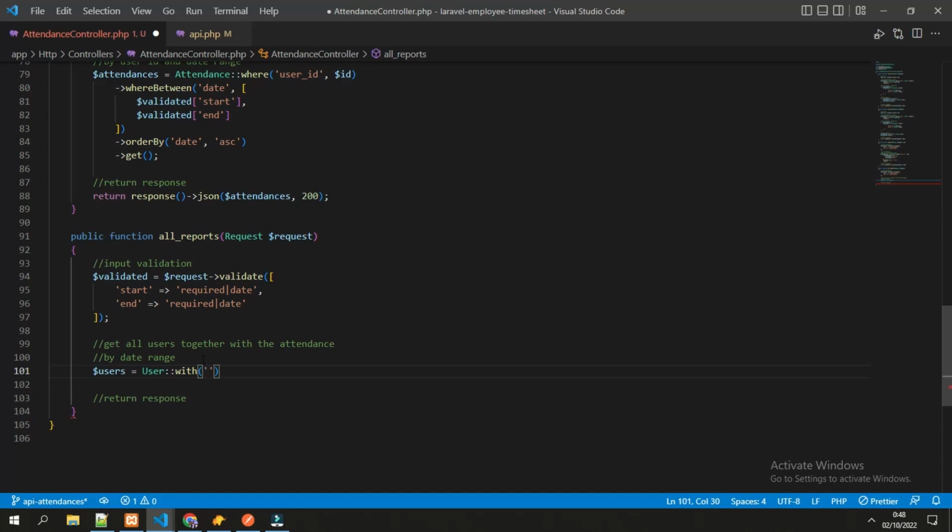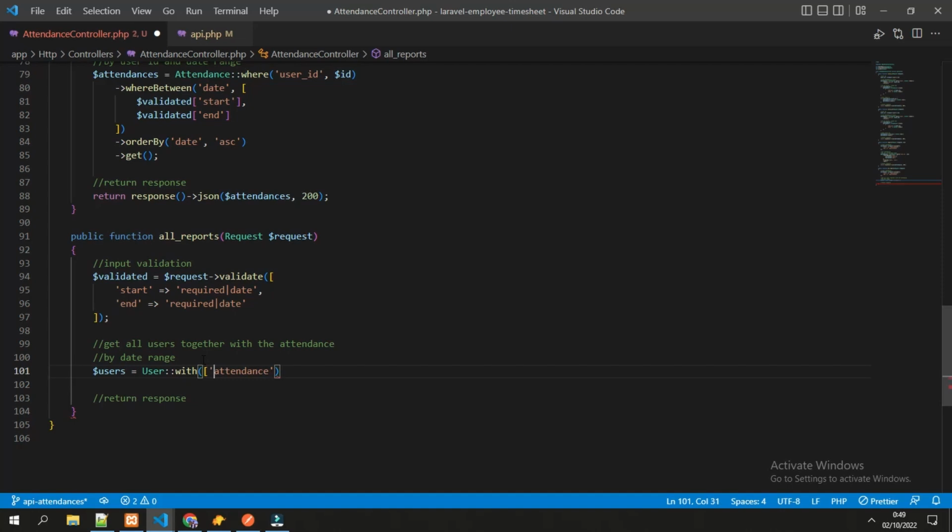We can simply write the relationship name, for example attendance, and it will load the user with each attendance. But because the attendance would also have a query or filter of the date range, now we input an array because we will do the query with the attendance also.